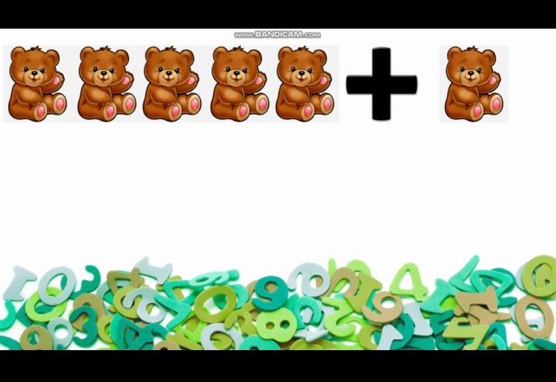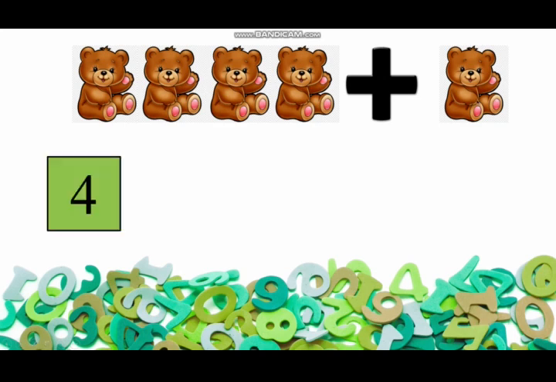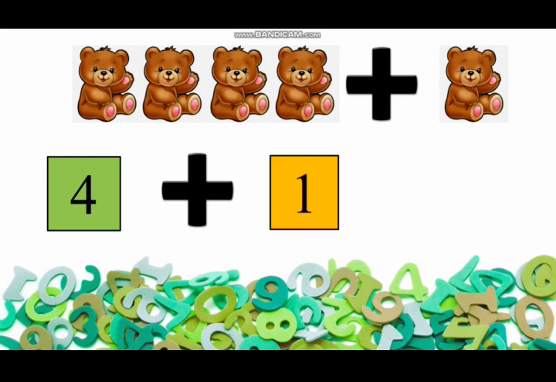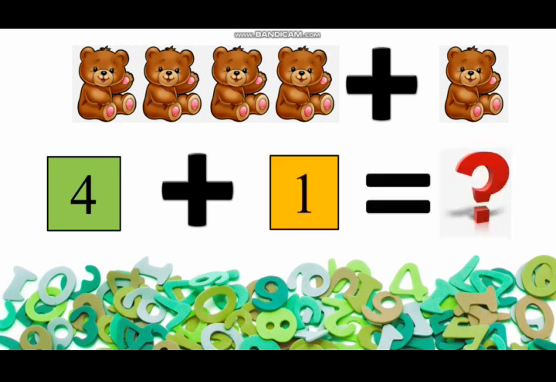Now, cute little teddy bears over here? Yes. So can you count quickly how many teddy bears we have to add over here? Just a second. Yes. 1, 2, 3, 4. So how many teddy bears can you see in the picture? Yes, 1, 2, 3 and 4. And how many you have to add to the 4 teddy bears? Plus 1. So the question is 4 plus 1 teddy bear is equal to how much?